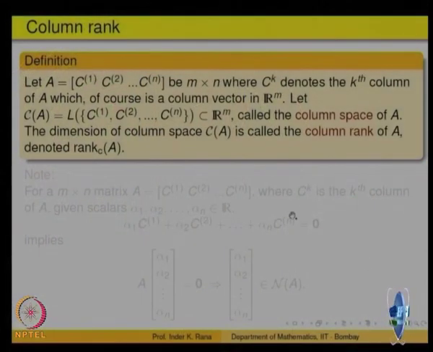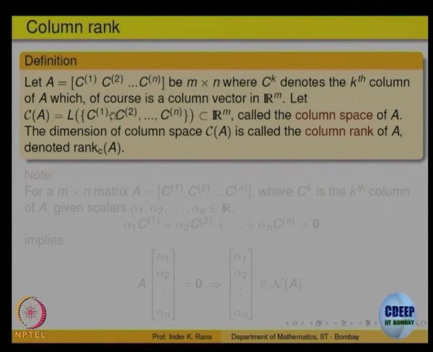And similarly, we will have it for the columns. So, take the matrix and write the column vectors C1, C2, up to Cn. These are the column vectors, right? There are n of them, since it is an m cross n matrix. So, how many columns are there? n of them. Each column has got m entries, right. So, you can write a matrix in the column form, with only the columns written down.